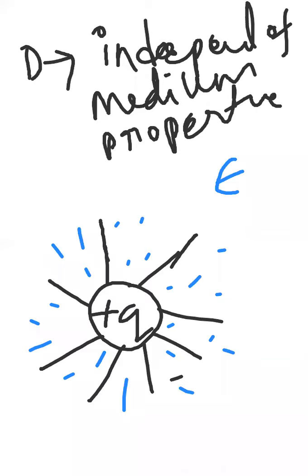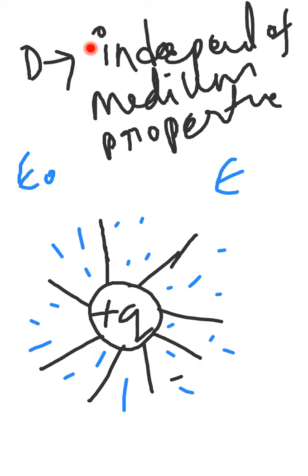What is the permittivity of air? If it is air, the permittivity is epsilon naught. If it is some medium other than air, the permittivity is epsilon. I will explain again what permittivity actually is. For the time being, assume that there is a term called permittivity. Even if you go for a new medium, there will not be any change in the number of flux lines. Even if you change the medium properties, the number of flux lines remains the same. That's why it is independent of medium properties.